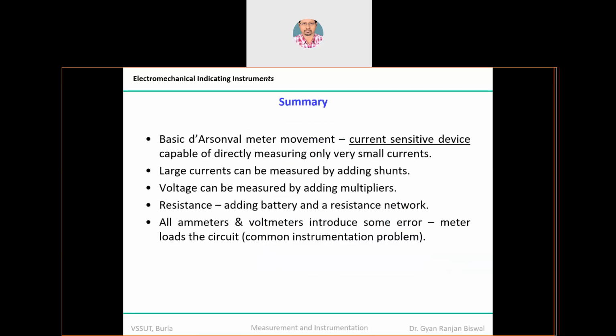And that is how you can use a D'Arsonval meter, an electromechanical type moving meter, more popularly known as permanent magnet moving coil, for the different applications: for the measurement of voltage, for the measurement of current, to increase the range of voltage measurement, to increase the range of current measurement, and also to measure the unknown value of resistance. Be noted down, it's a current sensitive device. Whenever you are going to measure a large amount of current, you have to provide a shunt resistance to keep the meter safe.